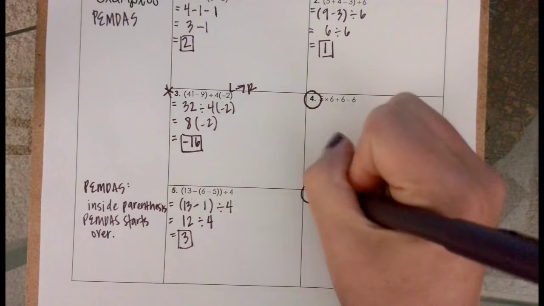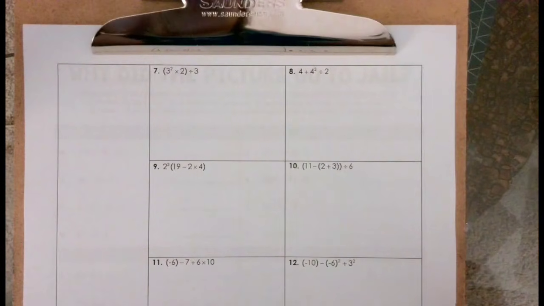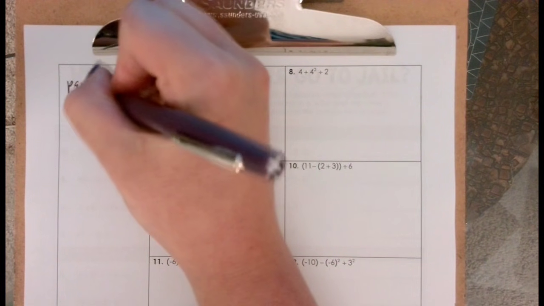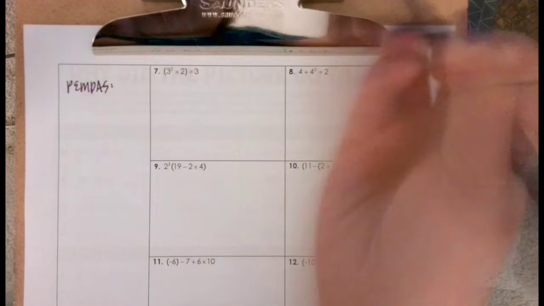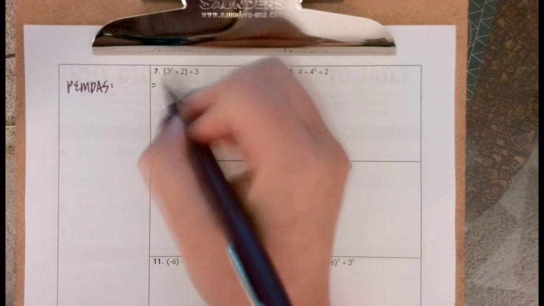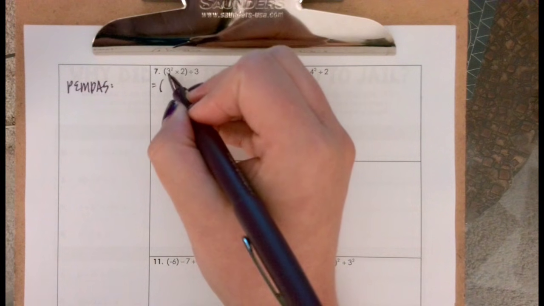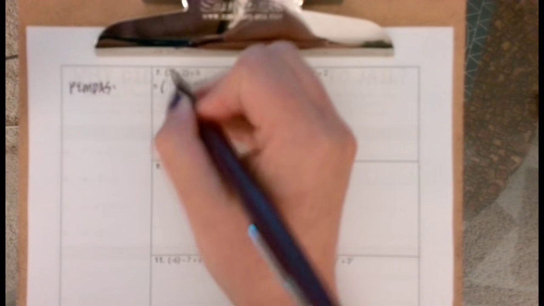Now I want you to circle number 6. Now if you flip over to the back page, I want you to look at number 7. Number 7, remember, we've got PEMDAS first. We're going to be following parentheses first. So the first thing I see is I've got parentheses, and inside these parentheses I've got other operations. So PEMDAS starts over. There's no more parentheses inside these parentheses, but there is